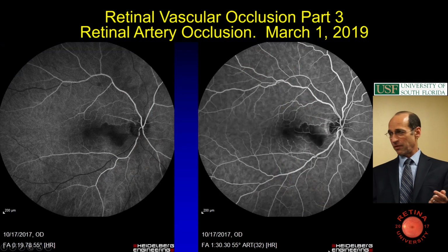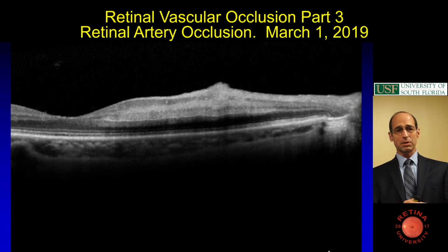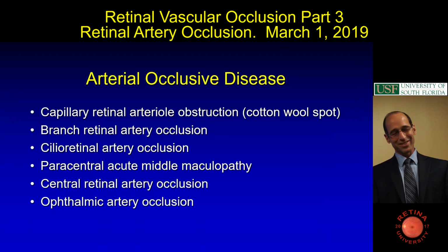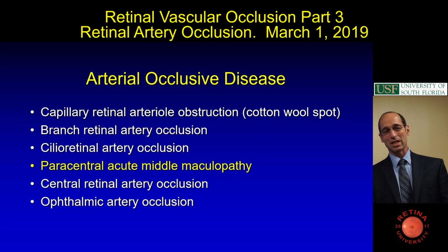This was interesting because I'm finding this more with OCTs on people with ischemia. Sometimes it seems to spare the inner retina. So in this case, it was just sort of a middle retina ischemia. I think that's probably got some interesting meaning. Paracentral acute middle maculopathy is, I think, totally separate from all of these things, but it's lumped together in the textbook under